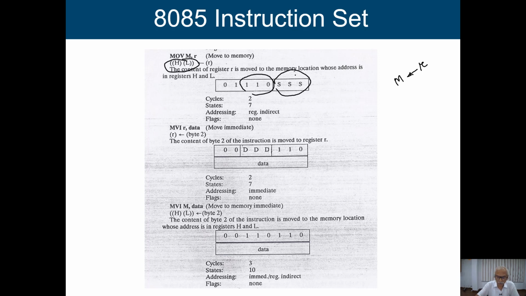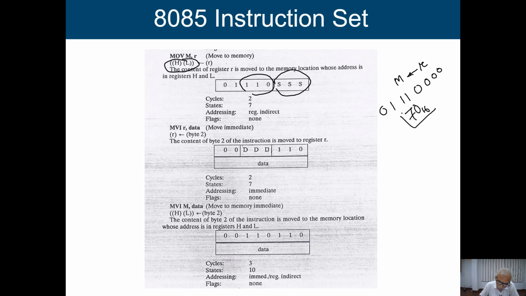Alright. So, in this particular case, if I say this is your 0, 1, 1, 1, 0, and then I say this is your 0, 0, 0, then what does it mean? 0, 0, 0 is going to indicate my register B. So, this is basically 70 in hexadecimal.